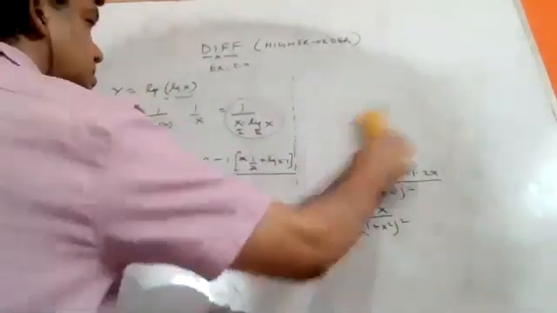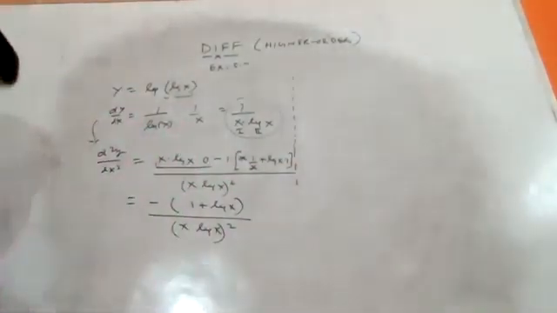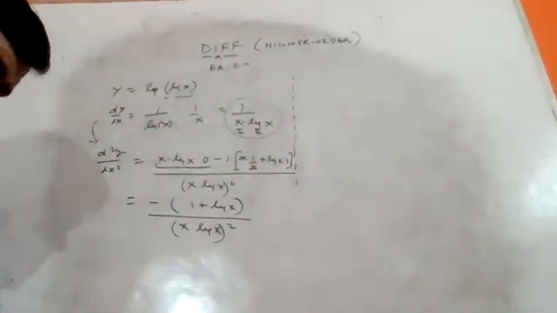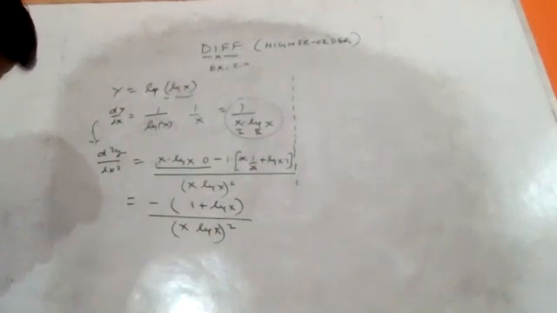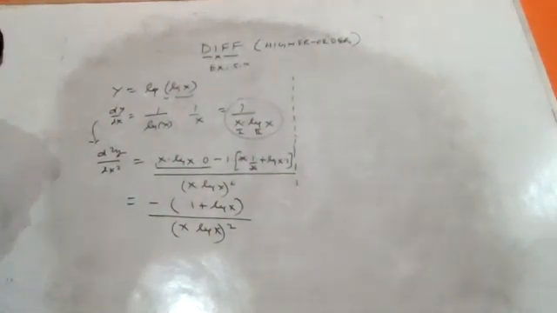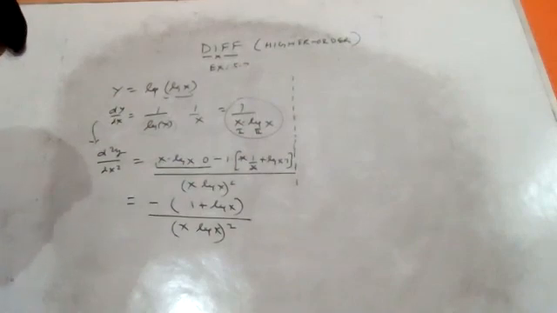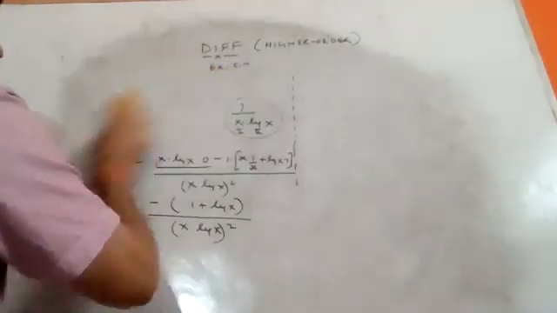I think the picture is clear now of how to find the second order derivative. These are 1 marker or 2 marker questions. But in CBSE, they ask 3 marker and 5 marker questions, which develop some proof like this one, right? So now we are going to some CBSE board questions.